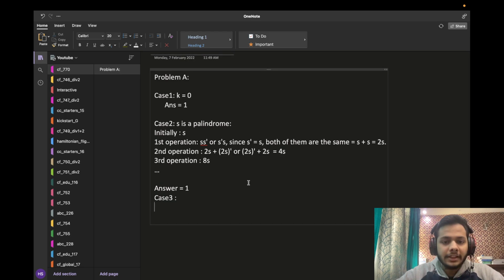So we have a general string s such that s is not equal to the reverse of s. Right? Okay. So now let's see what happens after any number of operations. So initially, we have just one string which is equal to s. So after the first operation,